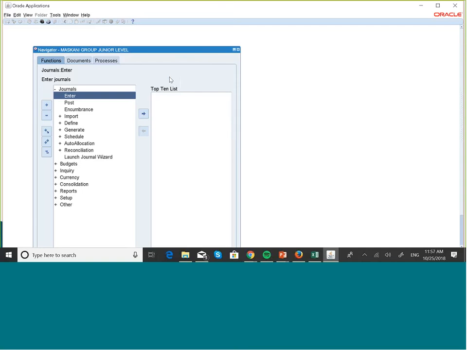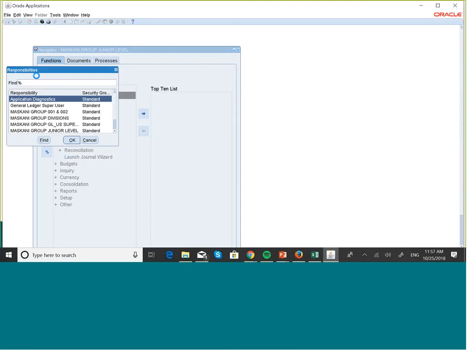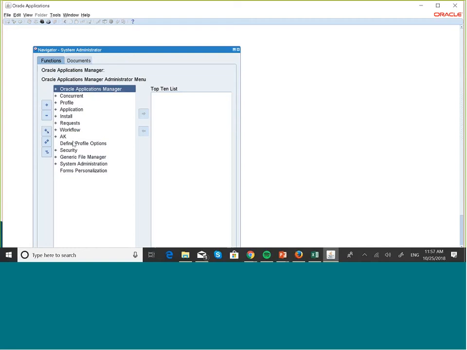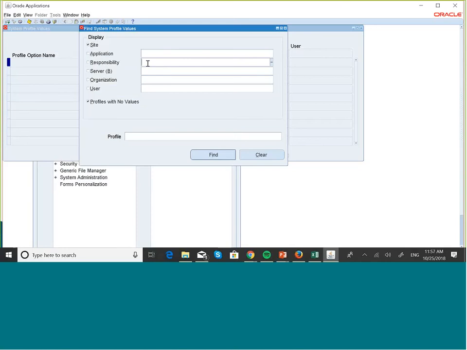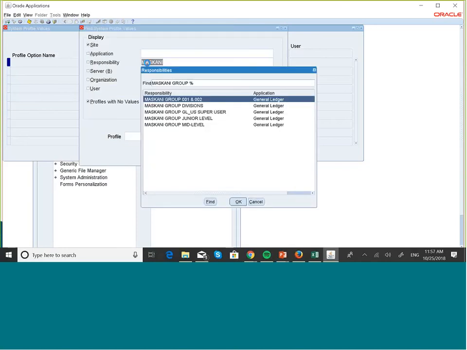So we need to go and assign a data access set to those two responsibilities. Okay, so let's go to switch responsibility, system admin, let's go to profile. So the first one we need to do is